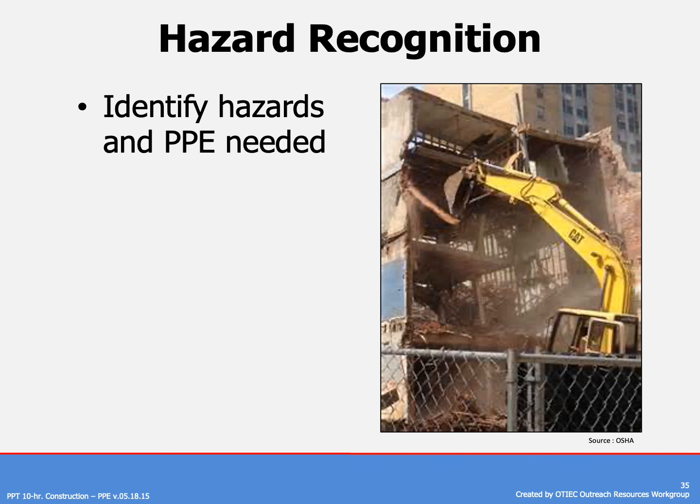Here's a picture here that might make us think, for a moment. Obviously, it looks like a work site where there's a building being knocked down. It looks like it's barricaded to keep people away, but we definitely want to do that first because we don't know where those objects are going to fall or where that building may end up falling. The person that's in the cab of that truck, they're enclosed, but I also noticed their door looks like it's open. It must be a hot type of day, so it could be they're also exposed to a hot